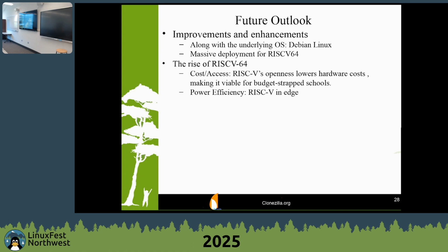As you can see, because RISC-V is open hardware, the price is low. Many vendors will compete with each other, and since it's open, everybody collaborates, so the price will keep getting lower. That makes it viable for budget-strapped schools and the like. So we hope someday we'll see this open hardware become more like x86,